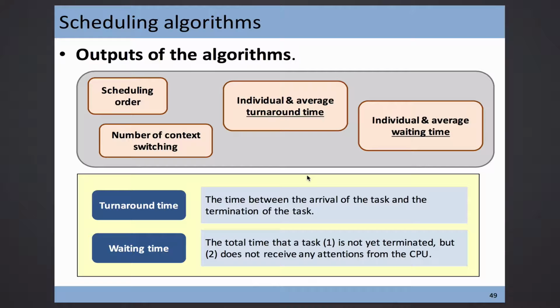Before we start, last time we talked about what is turnaround time, what is waiting time. So come back to the parking shop example. The turnaround time is the time that you enter the shop and then you come out. But during the turnaround time, you actually get different service, right? The service may be from the cashier. The cashier helps you check out all the things, okay? And also you go shopping, but you also have waiting time. That is the time that you cannot get any service. You can do the shopping, you queue up without any purpose, waiting for the cashier to be idle, and then you can pick it, okay?